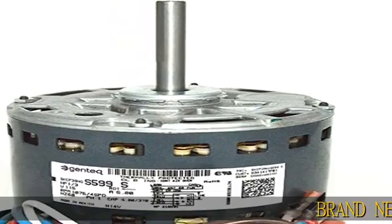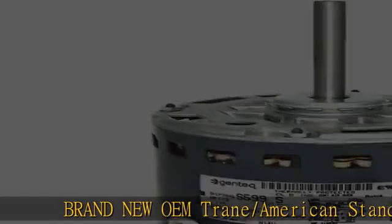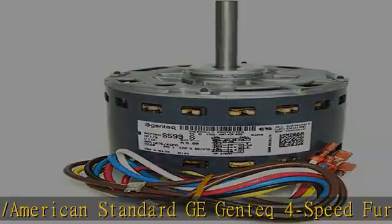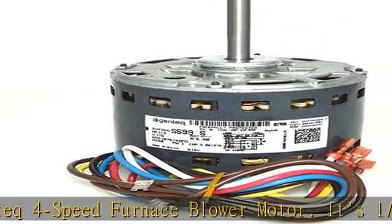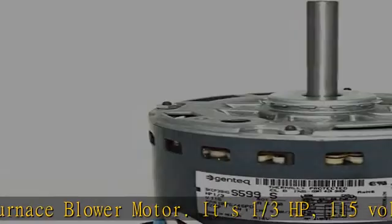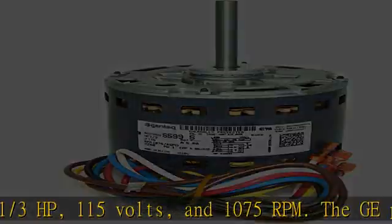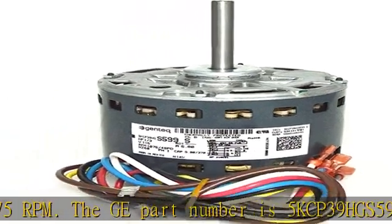Brand new OEM Trane/American Standard GE Genteq 4-speed furnace blower motor. It's 1/3 HP, 115 volts, and 1075 RPM. The GE part number is 5KCP39HGS599S. The Trane part hashtag is MOT09053, also